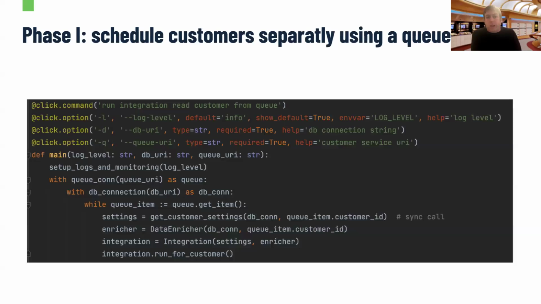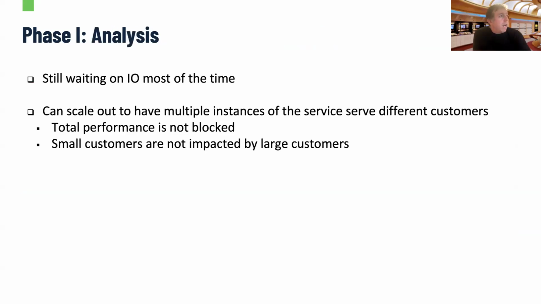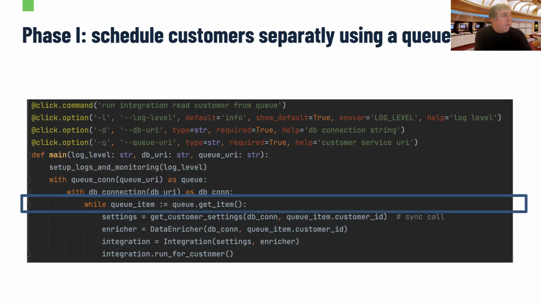So what can we do? So I think the first thing we can do is separate it per customer. So we can have some kind of injection of the customer ID through a queue and have the system run only per customer. So it reads the information from the queue, gets the customer ID here, and then runs the same thing just for a specific customer.